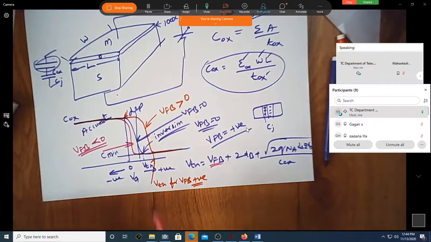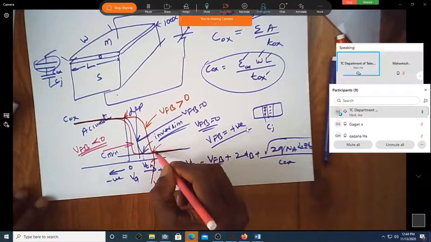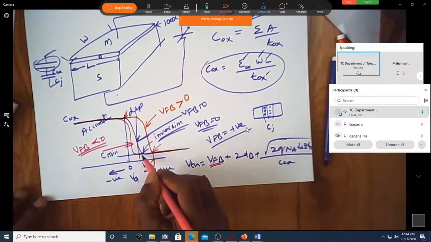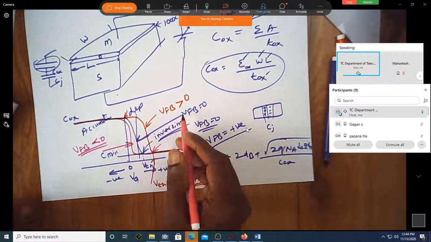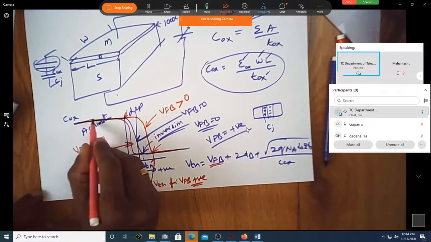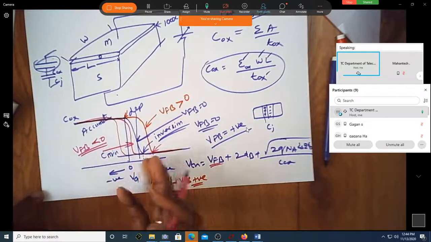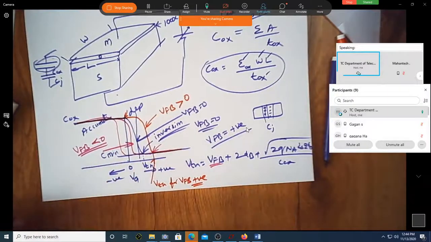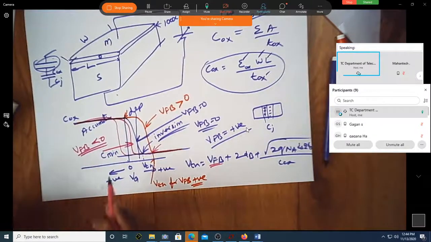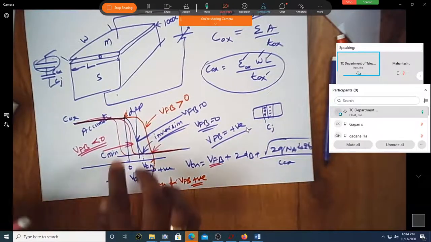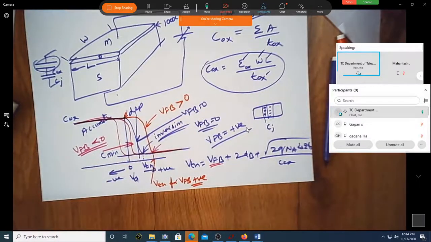That will happen when the VFB is more than 0, it will shift towards the right side. If it is less than 0, it will shift towards the left. Of course, if the flat band voltage is too much negative, it may be just turning on before 0. In such a case, if you want to turn off your MOSFET, the voltage should be more negative. This purely depends on what your VFB is.